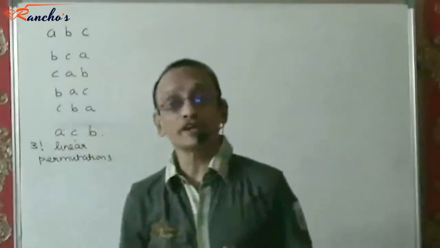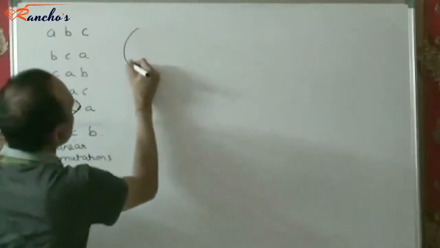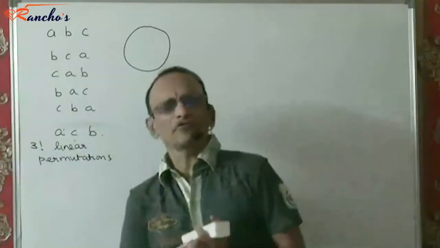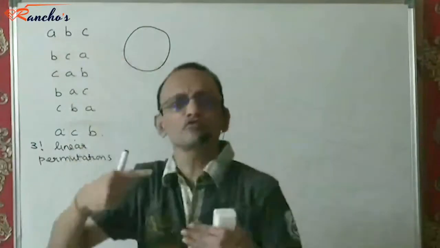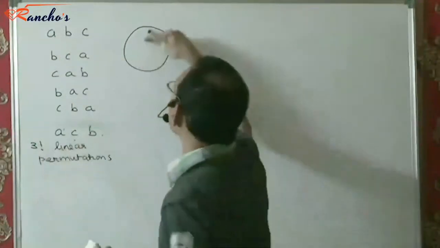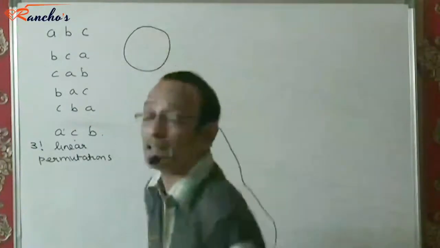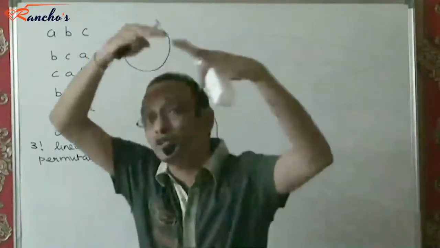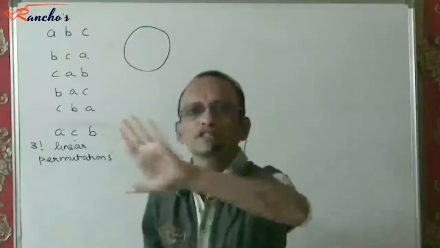However, if I have to arrange these 3 things in a circle, I'll have to fix one spot for any one of the 3 things, and there is no way to distinguish between different points on the circle when there is nothing on the circle. When it's a blank circle, with nothing on the circumference, this point or this point or this point, they're all the same.